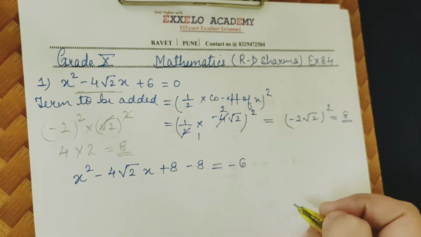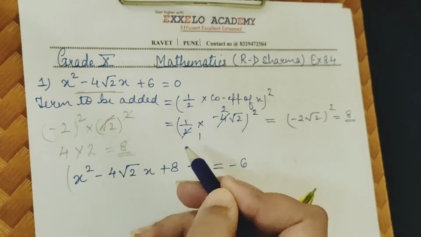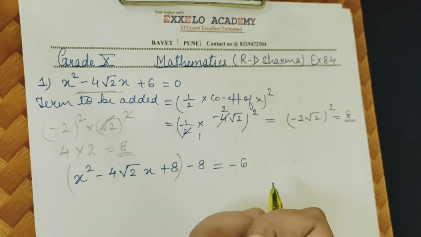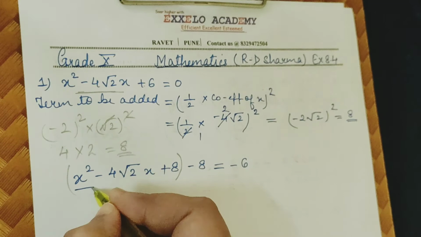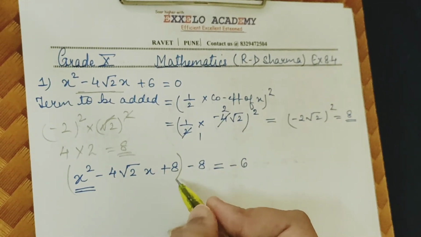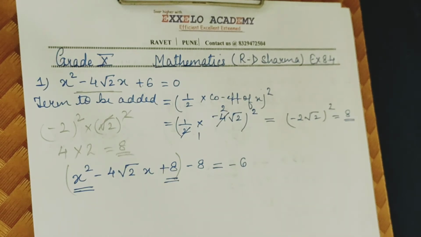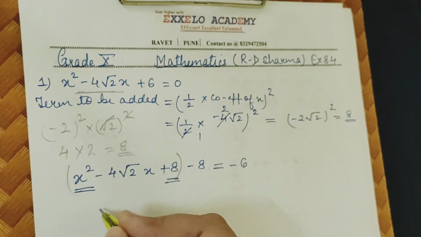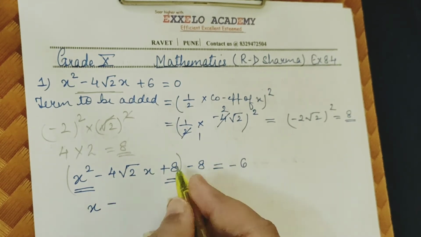Clear? Now here as we are doing completing square method, we have to complete the square. So we'll take the first 3 terms as a group. Okay, and what we do here is just take the first term. It's a simple trick to do, students. Take the first term, take the last term, and find out the factors using that. That is, we take the square root of x square, which will be x, minus plus 8.